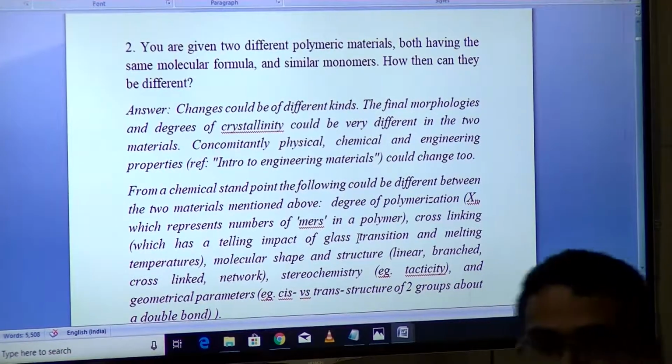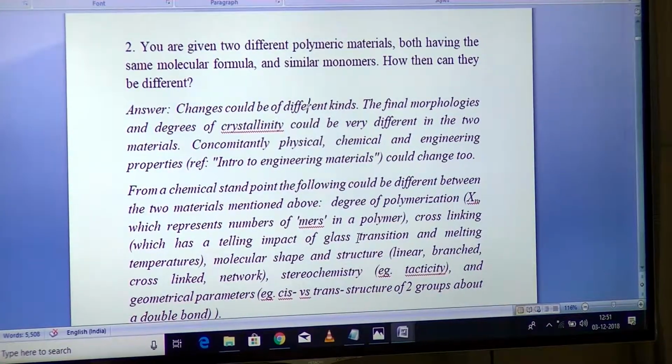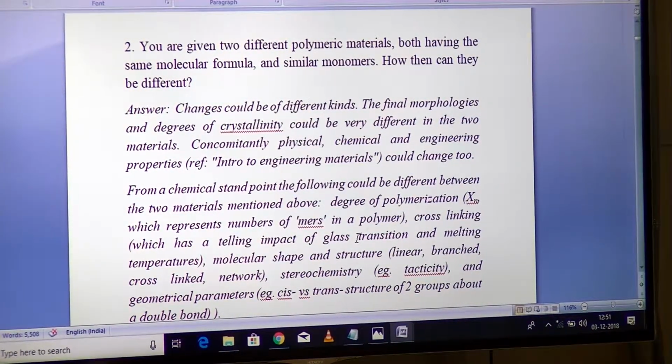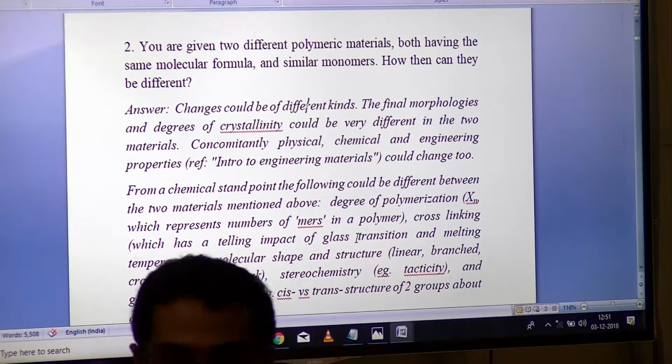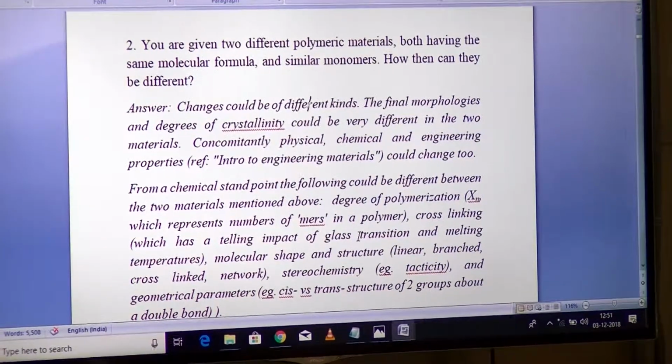Okay. So, you find out when you discuss, identify just two bullet points based on which two polymers can be different. So, write down. The answer is already given there. You can choose 2 bullet points or 3 bullet points and write it down and explain to one another, and I will ask you to explain it to me.